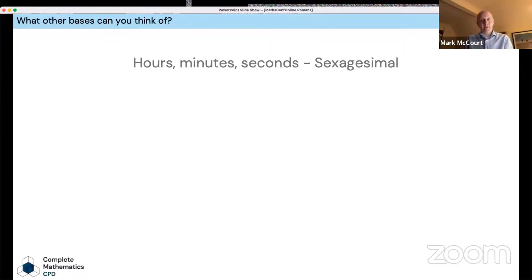So 1 hour isn't 10 minutes. Seconds, 1 minute isn't 10 seconds or 100 seconds, despite attempts to do so previously. So they might start talking about time. So we've got hours, minutes, and seconds, which means we can introduce a sexagesimal system and talk about that and other places where sexagesimal has been used over time.